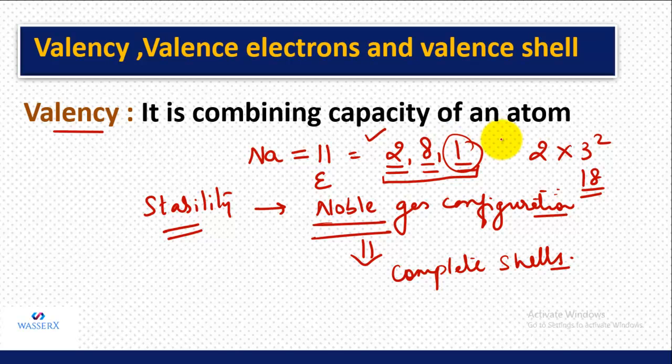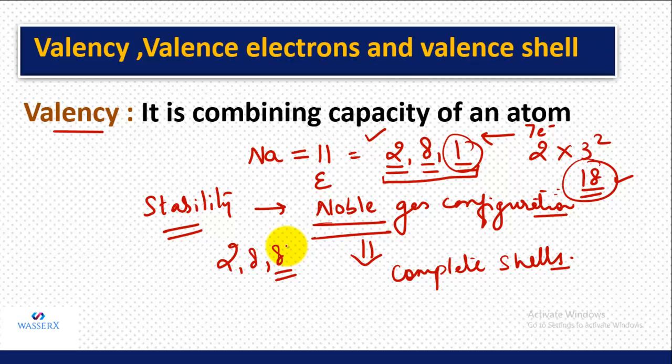It can either accept 7 electrons, and by accepting it will become 2, 8, 8, and the third shell will be complete. See, I have told you that it can accommodate a maximum of 18. But at your standard, when we are filling the electrons, we will fill the third shell as 8. And what is the reason behind it? You will learn in higher standard, right?